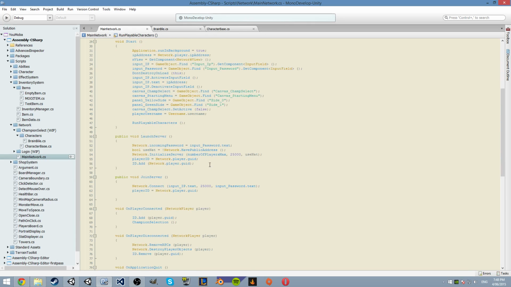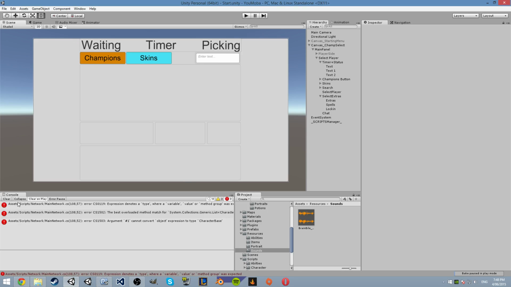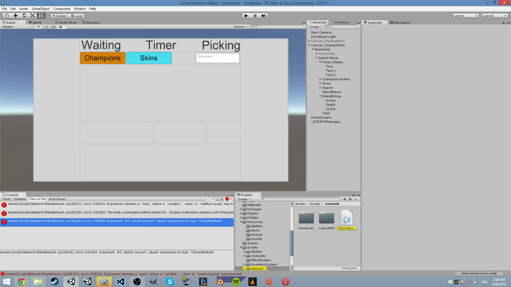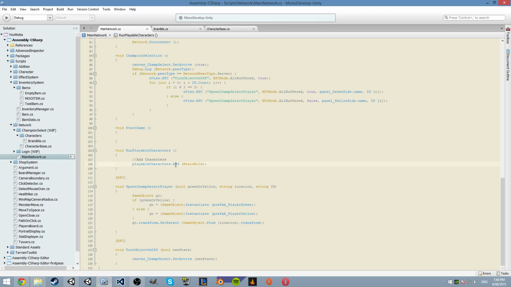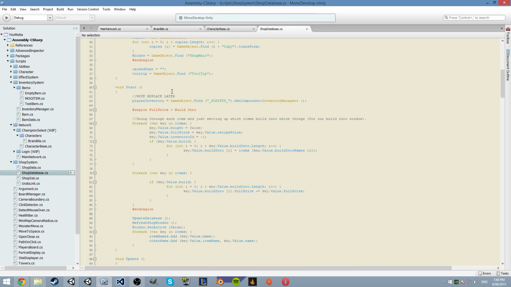So when we load in, we literally just want to load a, this should be fine. I'm not even joking, I haven't actually coded anything in Unity for so long right now, so I'm just like, this should be working. No,